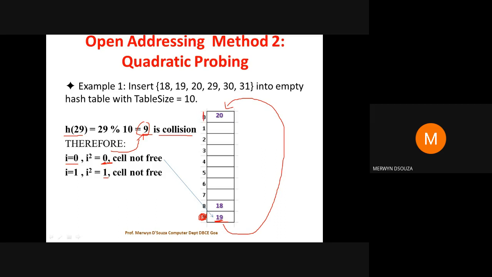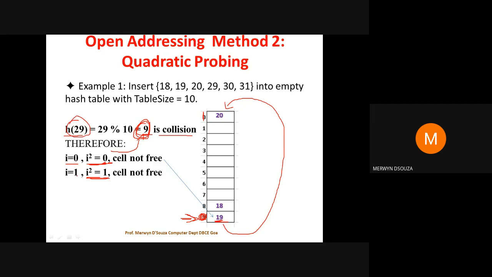This one, I'm not talking of the array indexing. I'm talking of these values that I get after doing the I square. So why I'm getting 0, we are starting 0 here, because the original hash value was 9. So this is 0. For only 29, we are talking only with respect to 29.